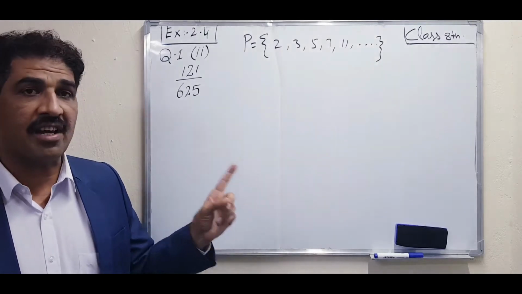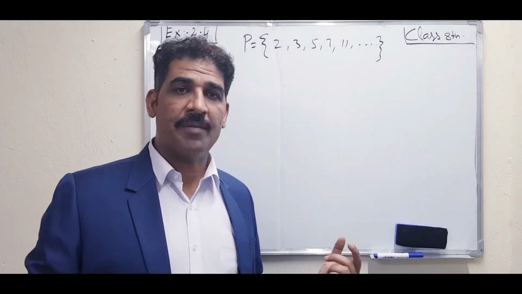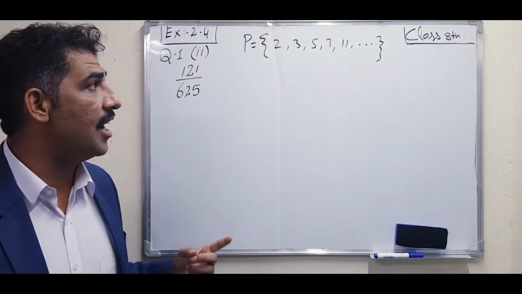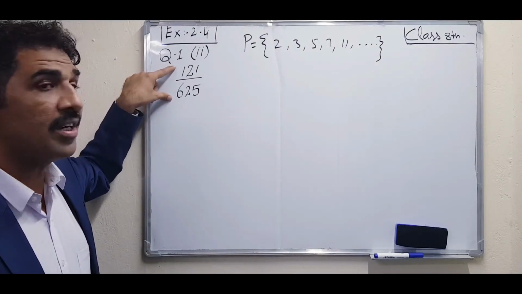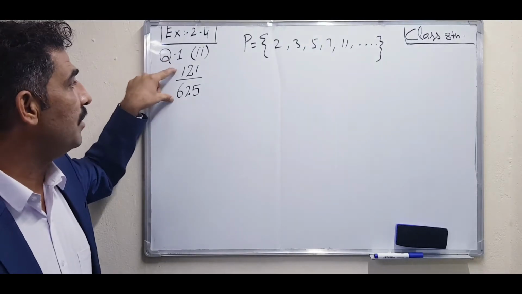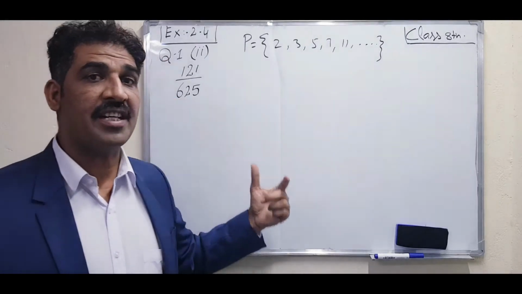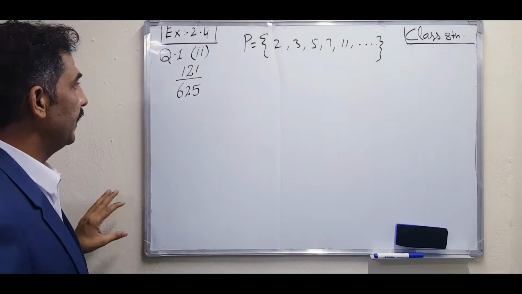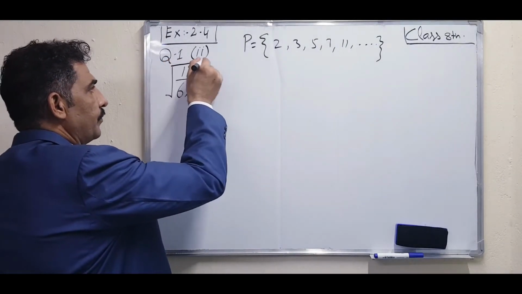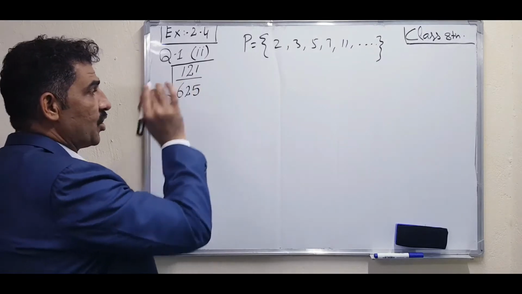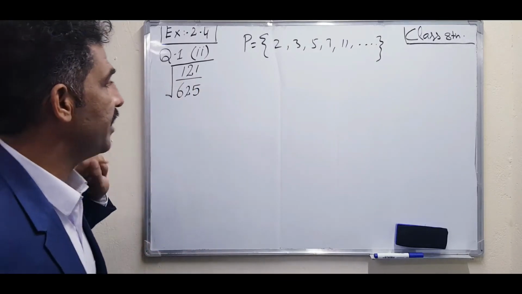3 ones are 3. It means the number is not divisible by any other number except itself. So numbers whose divisors are 1 and itself are called prime numbers, and we have to find the factors using only these numbers. From these numbers we have to make the factors and find the square root. The mathematical notation of square root is this one. First of all we have to find the factors of 121.